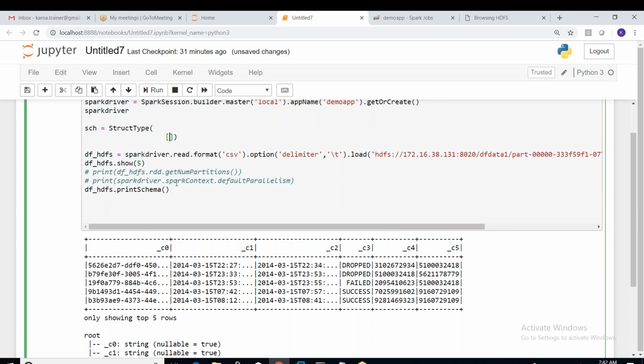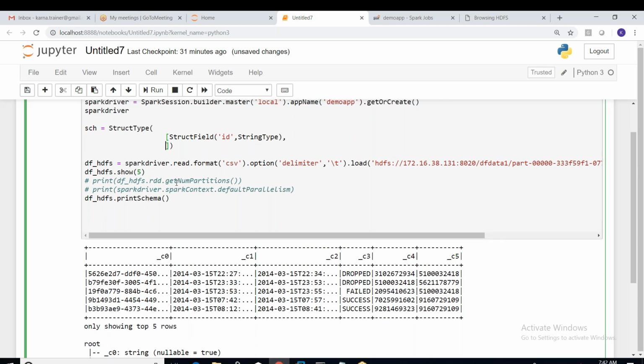Now create StructField. StructField of the first field, I'll call it some ID, with StringType. Next StructField, the second one, is some start time.